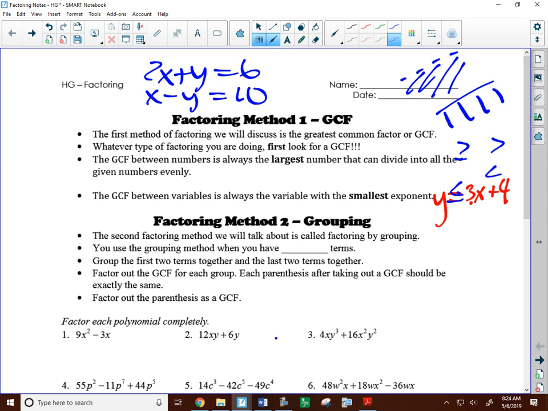So today, a couple of minutes on GCF and grouping. Should be mostly review, although the grouping one might be a little bit new or just something where you see it in a different context. Okay, so